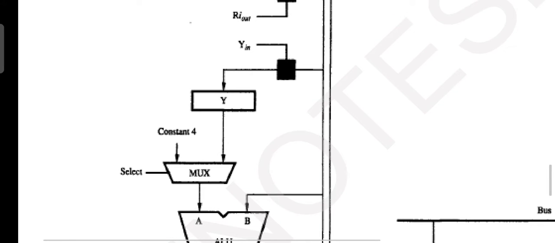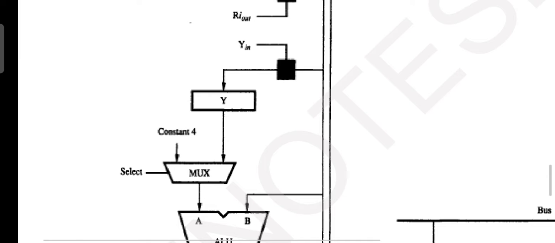Okay, now first input R1 content is placed at Y. What you are supposed to do? Concentrate here, listen carefully. Contents of R1 is placed onto Y, activate the select line from the multiplexer. What it does? Select Y, which lets Y transfer onto the multiplexer, right, and hence onto the ALU.